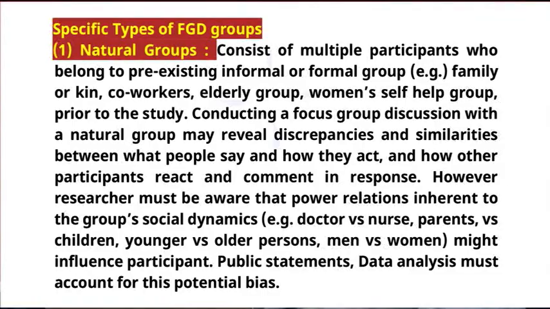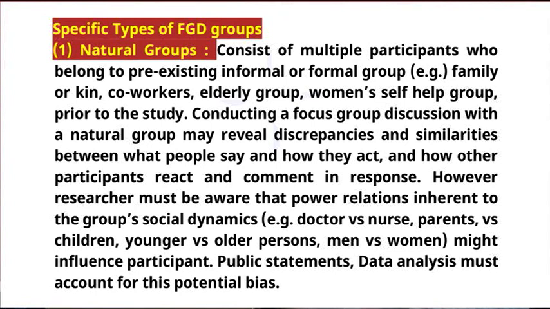But if there is a common group having knowledge of physics, then there is homogeneous knowledge, a homogeneous group, and they can share whatever they are talking about. Clear? Whatever the narratives are, they can tell the differences. As I have told you earlier, you can say I don't agree, this is my view, I agree with you. So, in this way, with open discussion, the data is collected in this method. Now, we will talk about specific types of FGD groups.